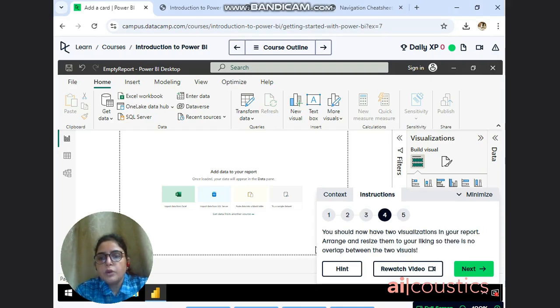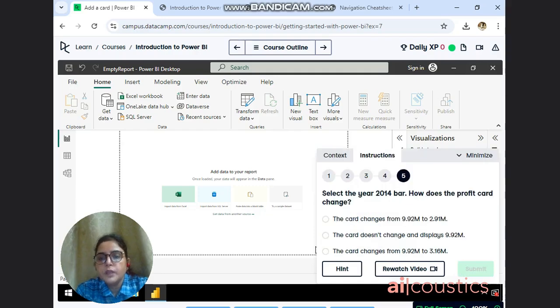You should now have two visualizations in your report. Arrange and resize them to your liking so there is no overlap between the two visuals. Okay, and then we have a question. Select the year 2014 bar. How does the profit card change?